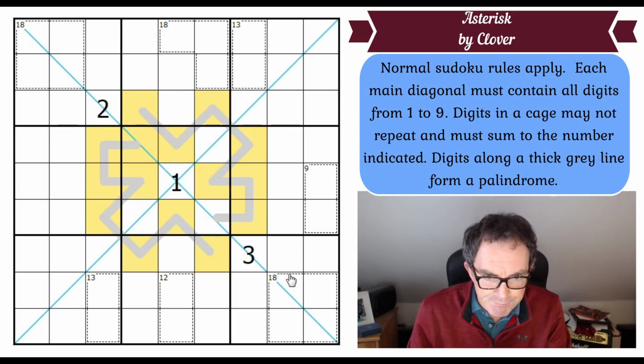Now, unfortunately, that still means they could be 8 other digits on the palindrome. Why does it...